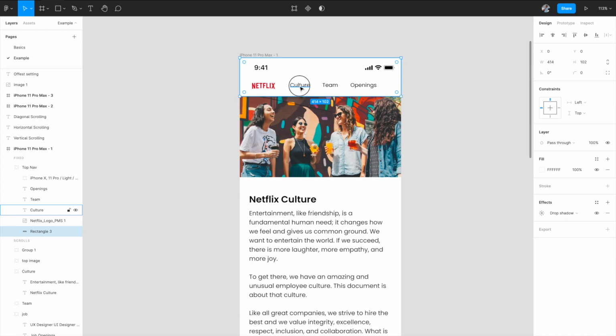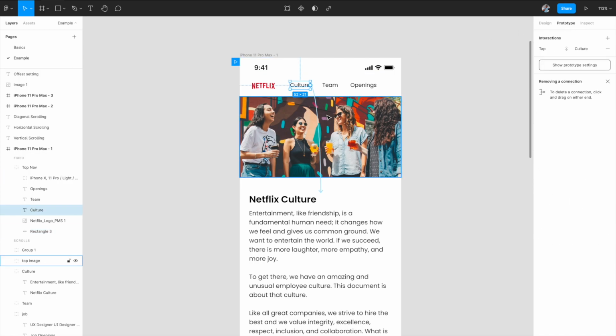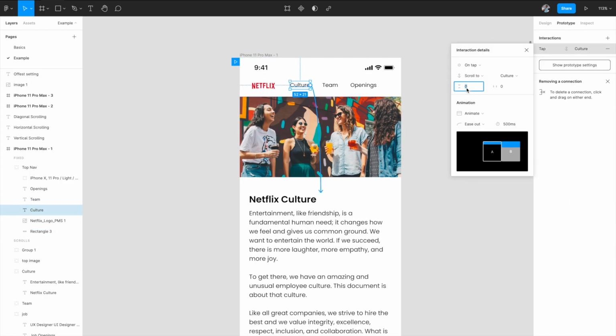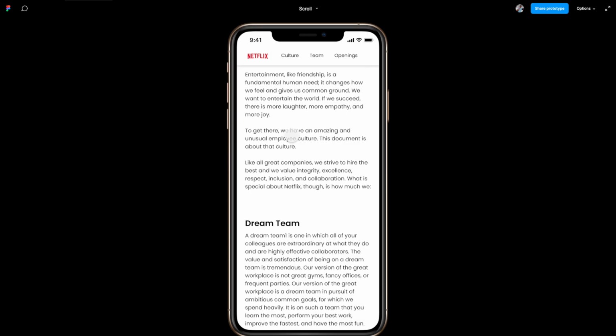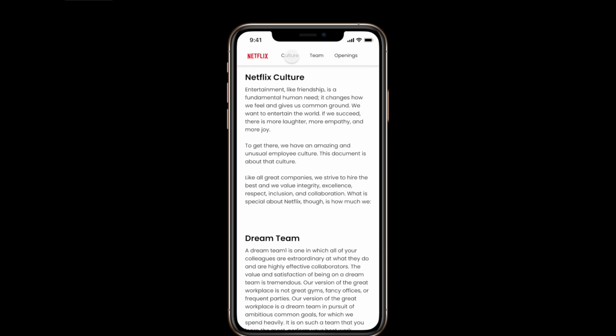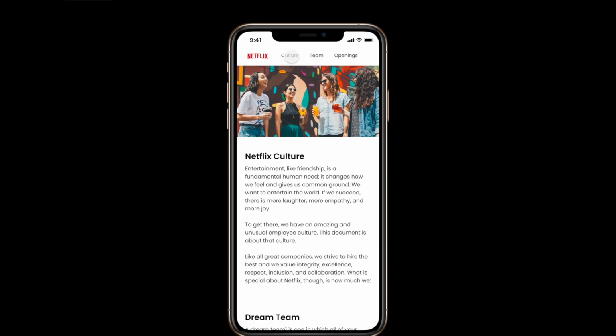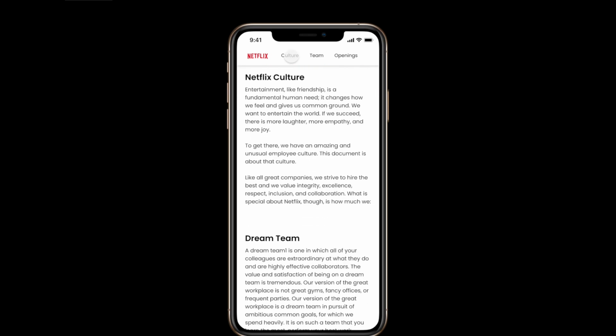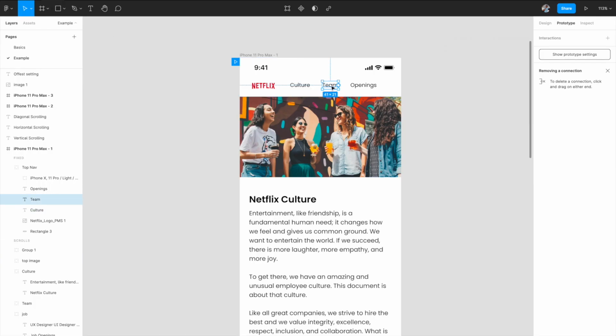So I'll come here, go to my prototyping tab, select the interaction, and I want to set the y offset to 120. And as I said, it should be minus because we are giving space below. Perfect. Let's see how it looks. See, what's happening right now is, even though it's moving up, it's maintaining that 120 distance between the hotspot and the section. Perfect.